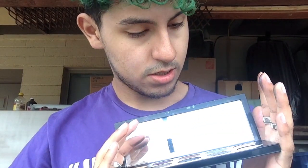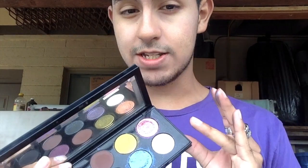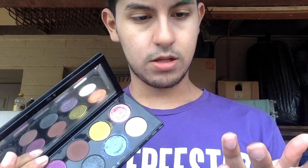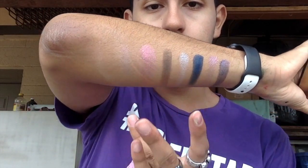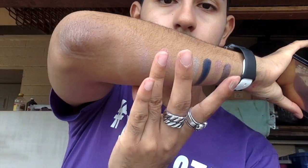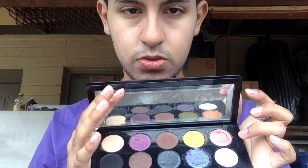And then, for number 3, this one's going to be kind of cheating because I've already said this is one of my favorites. This is the topper shade. It's kind of like a clear one with pink glitter in it. Or did I talk about it? No. So it's kind of like the blue one from her Mothership 1 palette. So that's 1, 2, 3...